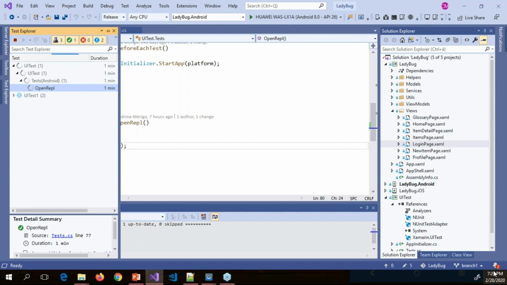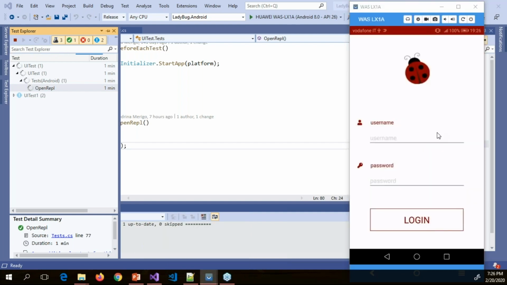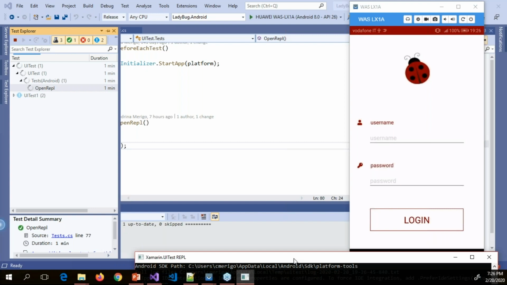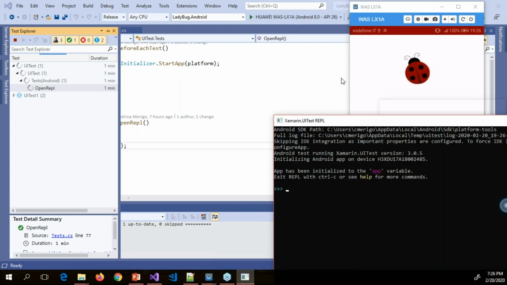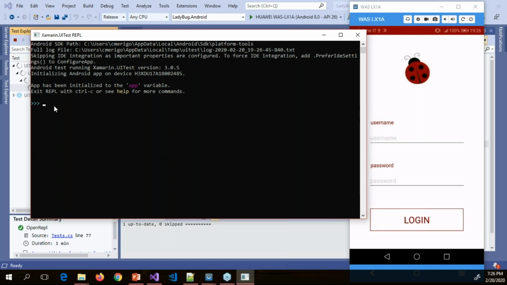The REPL tool will pop up on the screen, and we will interact with the elements that I assigned an automation ID to. So the application has been closed and reopened from the test. Here I have the framework. So as I was mentioning before, in order to see something on the screen,